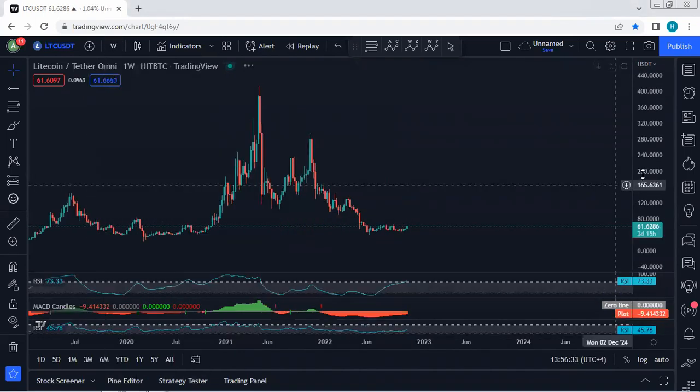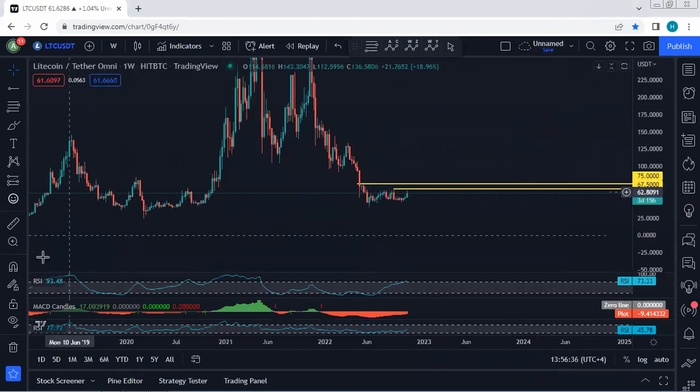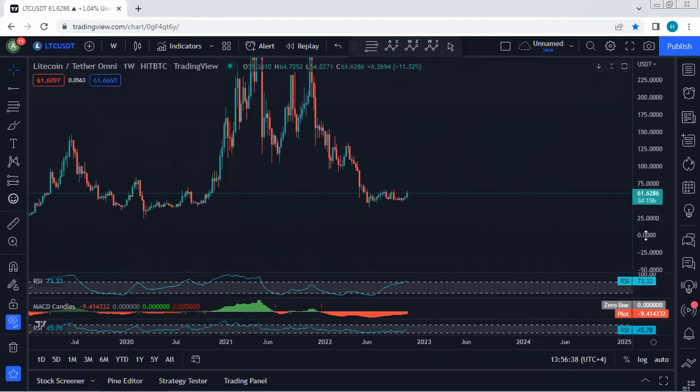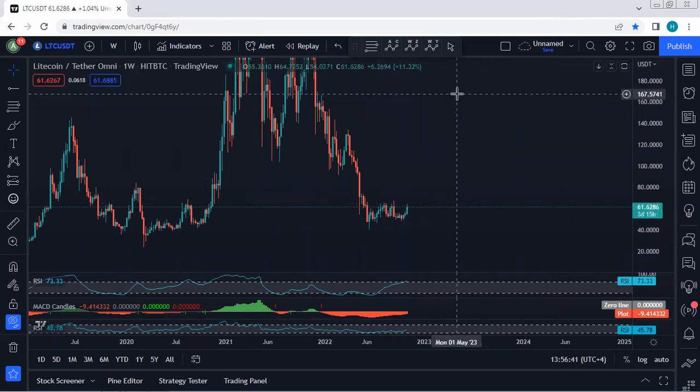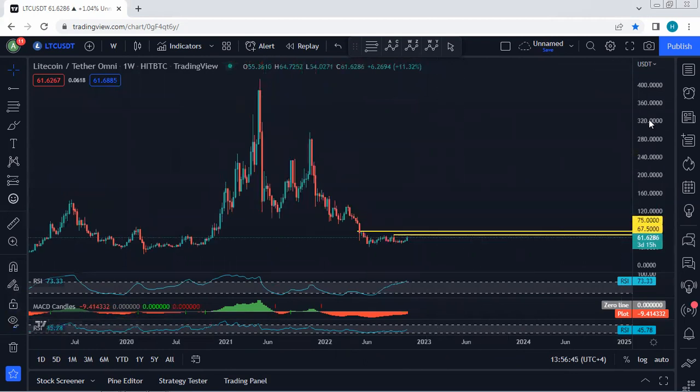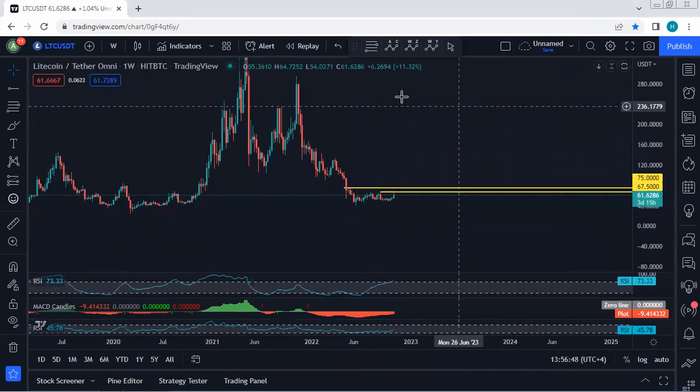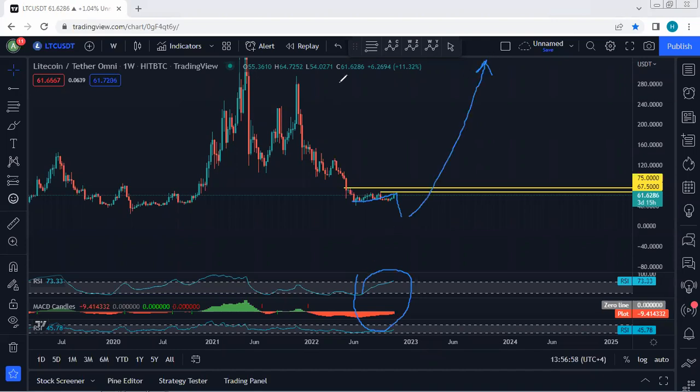we can expect the price to be within the correction for quite a long time. That means the price can consolidate here for quite a long time before we see the reversal with the breakout of the all-time high. And now, again, even if we refer to the other charts like Bitcoin, the best option is if the price could break the lowest price of this correction followed by divergence. It can give us better confirmation, better chance for the reversal for the price and breakout of the all-time high.